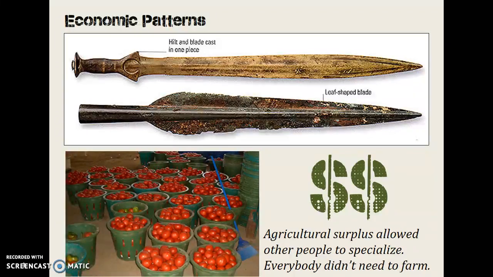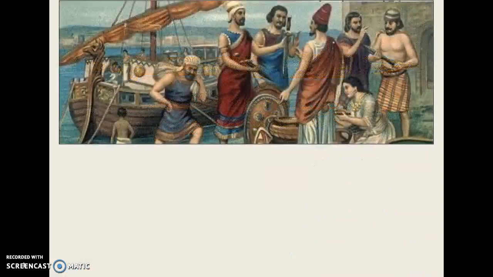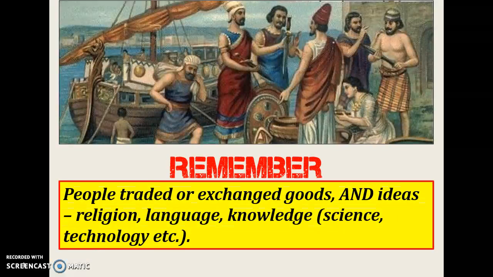And you also had that surplus that was created by the agricultural revolution, which allowed people to specialize, and surplus came from better tools, plows, and irrigation. Increasing trade along rivers and by sea. This was mostly done at this time by the Phoenicians, and they traded with other city-states,